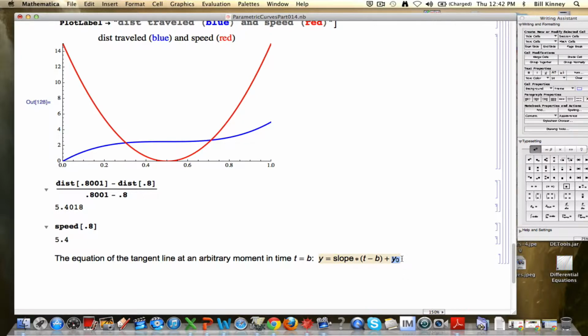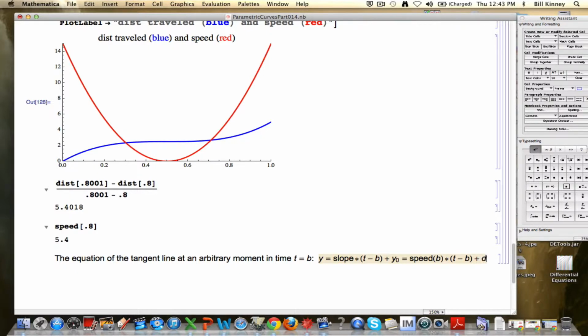Maybe I should call it something else, but I'm calling it y sub 0. In our situation, because I said the speed gives you the slope, we can rewrite this as speed of b, speed of t is a function, so I'm plugging b into the speed function, multiply that by t minus b. And y sub 0, or y naught for short, I like that pun there, is the distance traveled at time